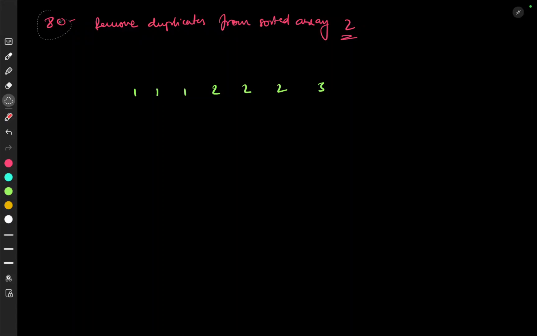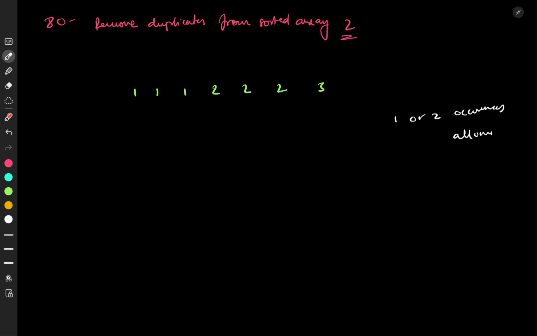Okay, let's solve LeetCode number 80, which is Remove Duplicates from Sorted Array II. This is the second variant of the remove duplicates from a sorted array problem. You'll be given a sorted array in non-decreasing order, and you're supposed to return the same array, but rather than values duplicating more than two times, you reduce them so that at most two occurrences of each are allowed. So one or two occurrences of each